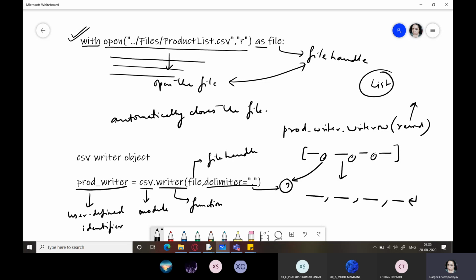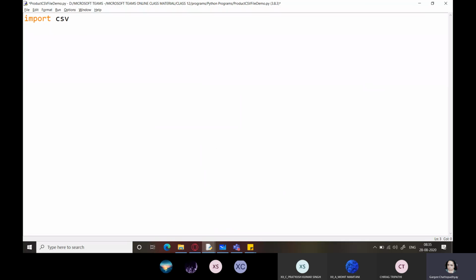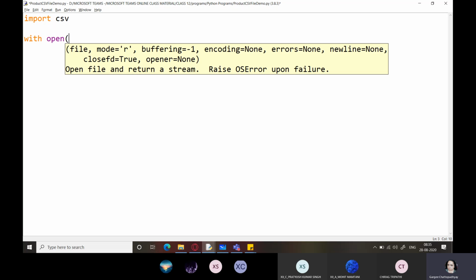Okay. And for this you also need to do one more thing. Now I'll be teaching you how we can perform write operations. So let us do that. We first start with opening a file. Files, product list dot CSV, comma, we will be opening it in the append mode, because we don't want anything to be gone. I'll not use this right now. First I'll show you what happens with this.